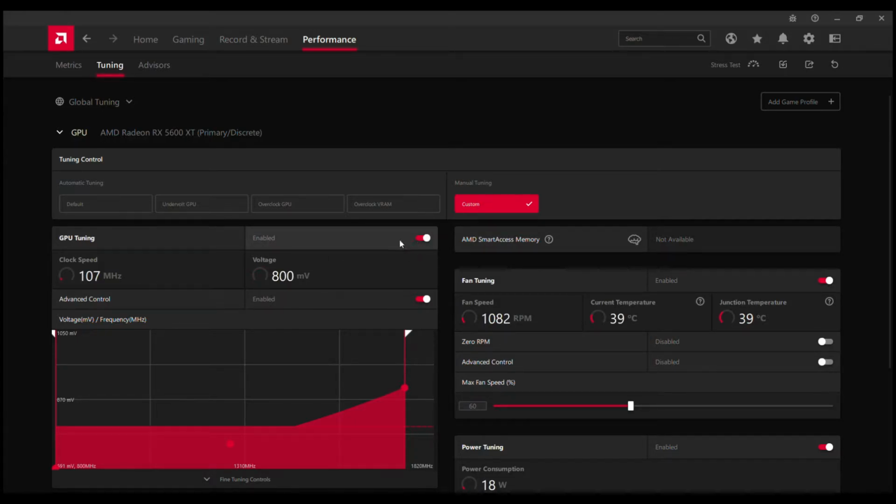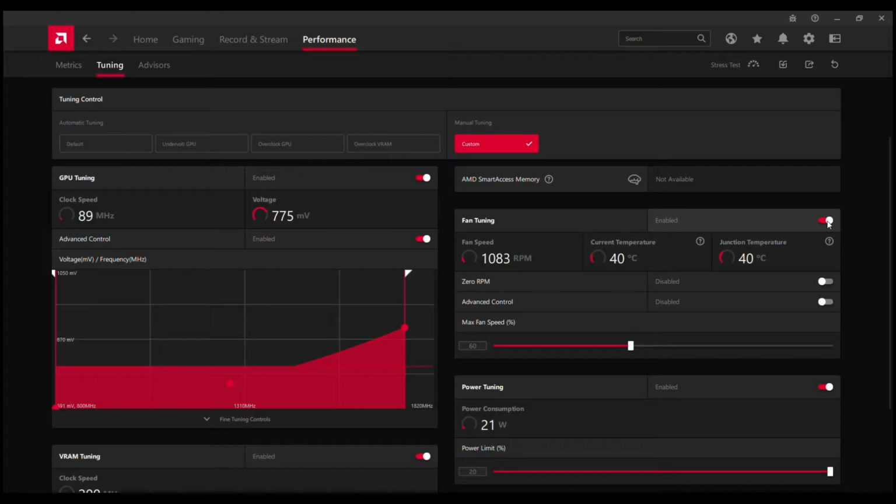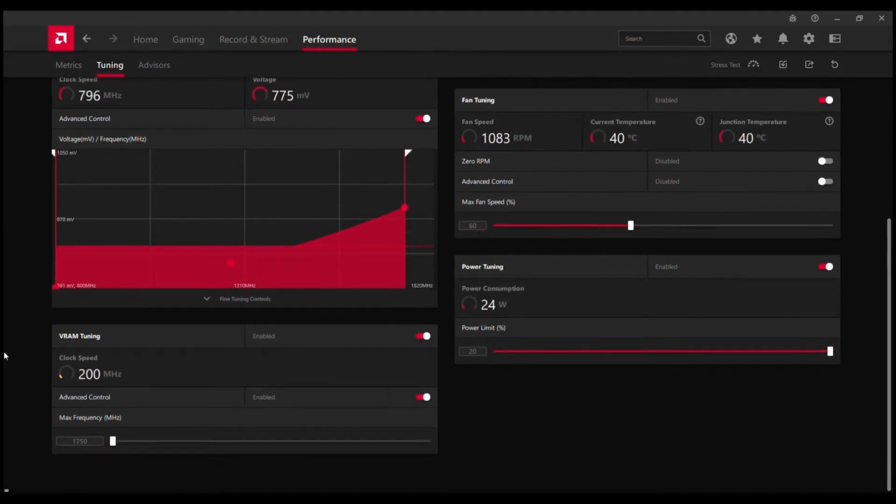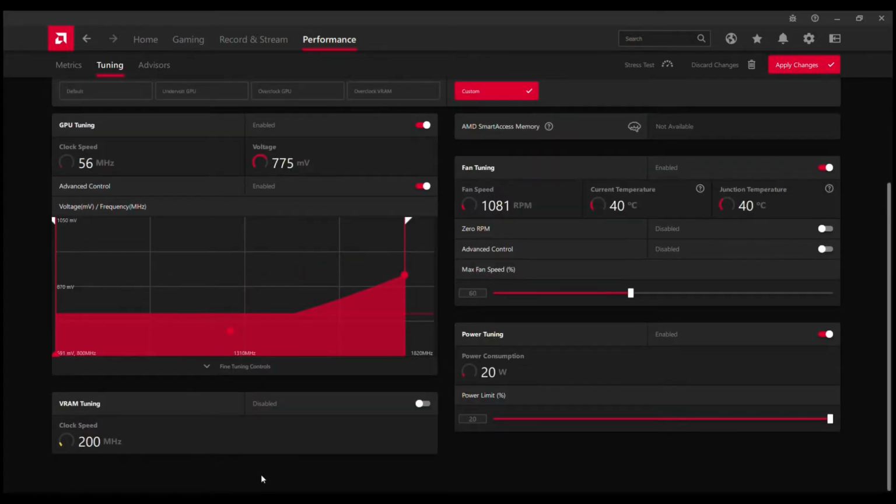You need to enable GPU tuning, then advanced control, also fan tuning and power tuning. You also may play with VRAM tuning, but I didn't change anything in this section, so I can disable it in my case.